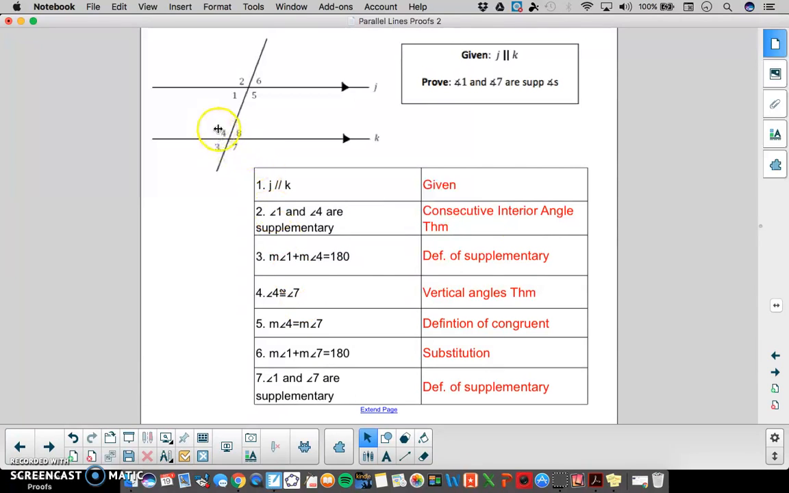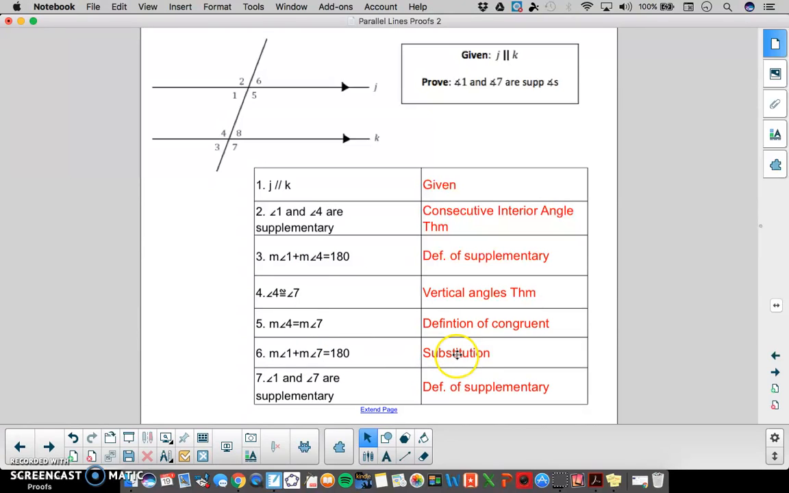We also know from our picture that angle 4 and angle 7 are congruent because they're vertical angles. And them being congruent means that their measures are going to be equal by the definition of congruent. Because we know 4 and 7 have equal measures, we could substitute angle 7 for angle 4 in that equation that we stated previously. So the measure of angle 1 plus the measure of angle 7 is equal to 180